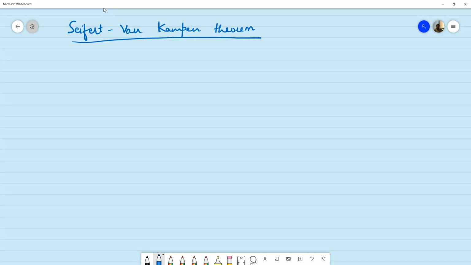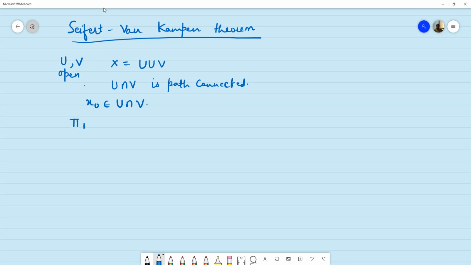So we know that if U and V are two subspaces of X such that X can be written as their union, and these two are open subsets of X, and the intersection of U and V is a path connected space,